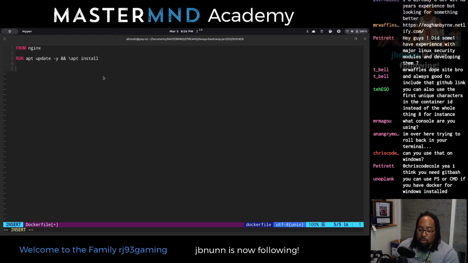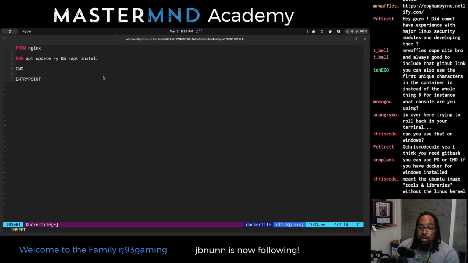Remember we said there was a CMD command and there was an entry point that you could only have one thing in here. They both specify either a command, that's when you want to make your container an executable, a command that's going to run, or an exec basically command to pass in. You can only have one of each of these, and actually there's some overriding that happens to this process.